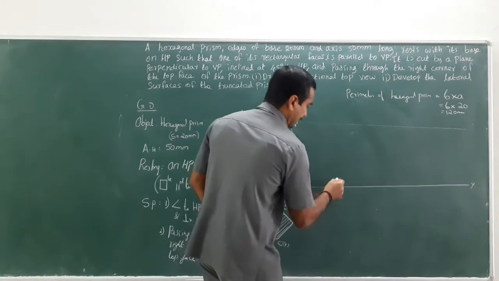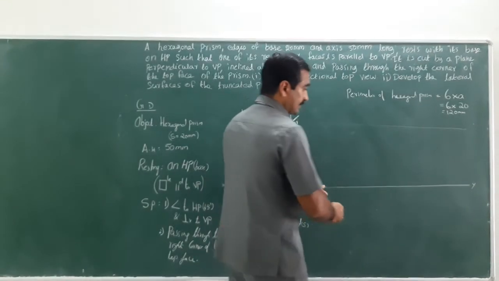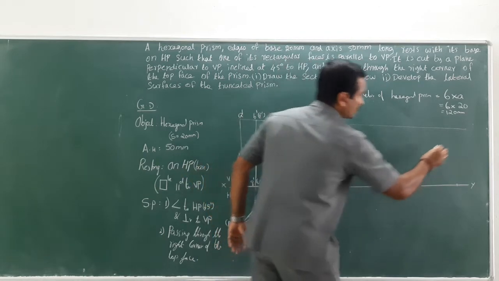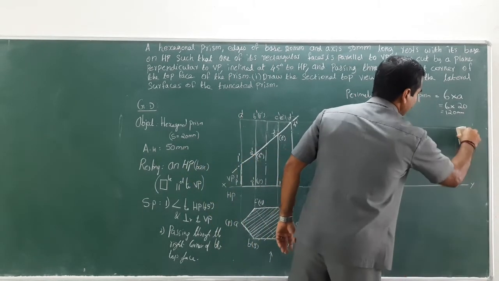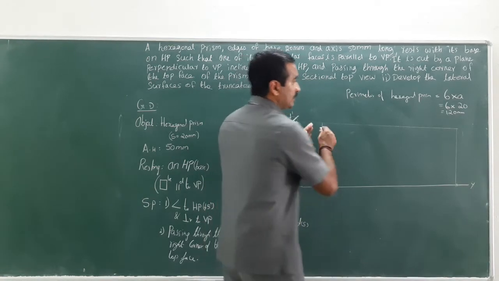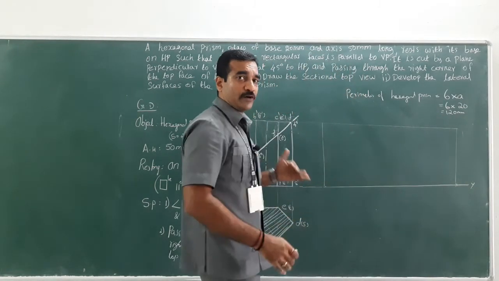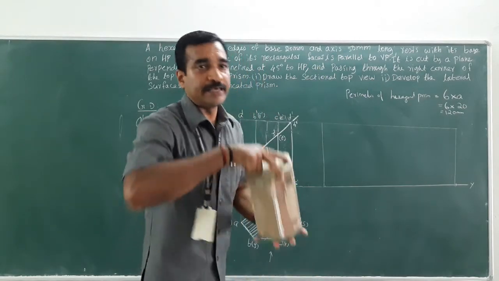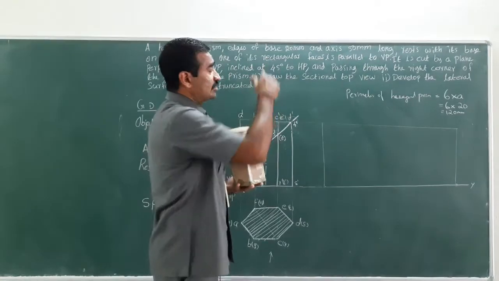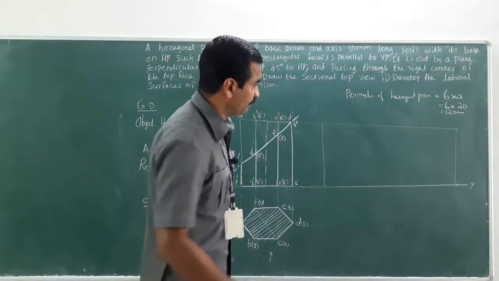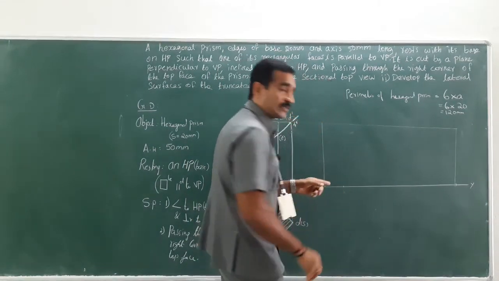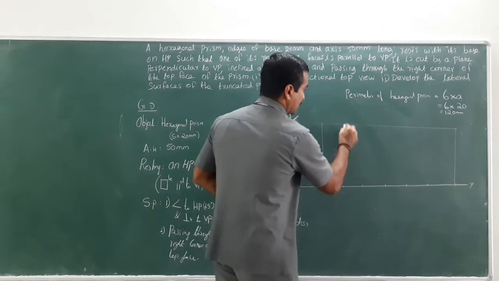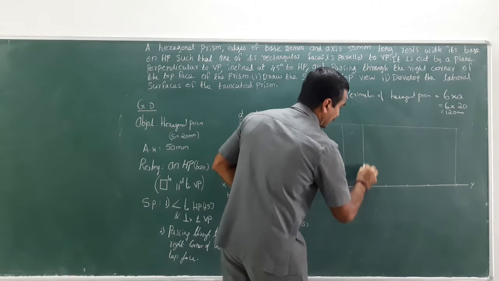So choose one point here, and from here take 120 mm in your compass, cut an arc, and now close the box. Right. This is the total length of the development for the lateral surfaces of the hexagonal prism. So here the hexagonal prism has 6 rectangular faces, right, of 20 mm. So take 20 mm in your compass. Keep on just cutting it there. 1, 2, 3, 4, 5 and 6. Now draw a perpendicular line to XY.